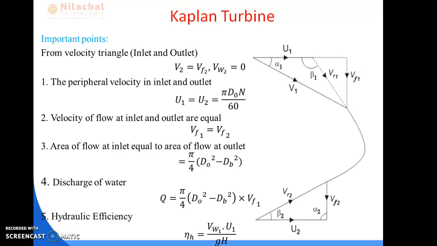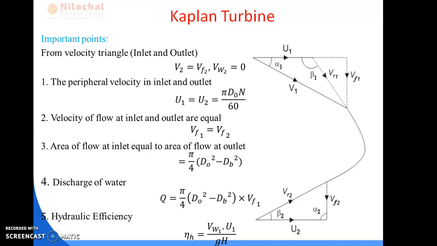Next point is your hydraulic efficiency. Hydraulic efficiency is the power delivered by the water to the runner, as a ratio of the power supplied at the inlet of the turbine. So power delivered is equal to runner power. Already you have obtained rho Q Vw1 U1. Since Vw2 is 0, the work done per second is Vw1 into U1